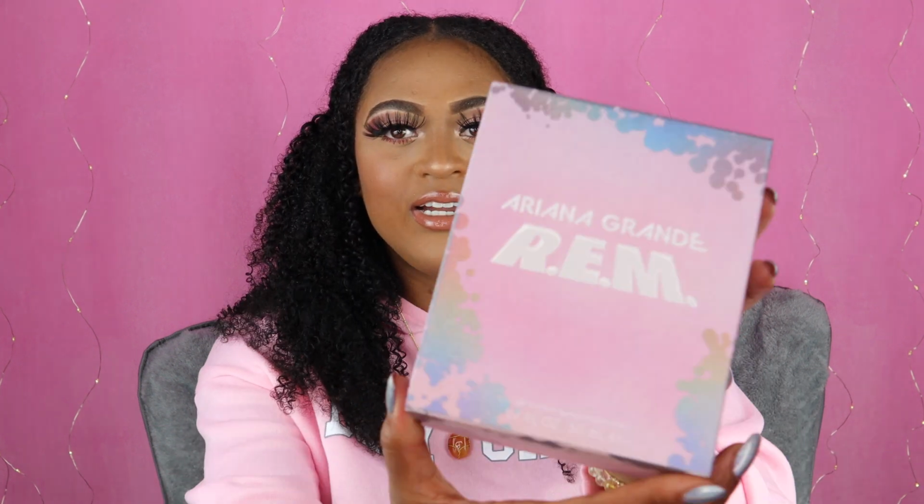My best friend got this for me for Christmas, and when I saw that this was a part of the gift, I was like, oh my god, I was so happy. It is one of the few perfumes that she has made and I didn't own, and I love Ariana Grande. Like, if you guys know me, I love her. So I was so excited to see this, so thank you so much to my bestie for getting me this perfume. This is it here,